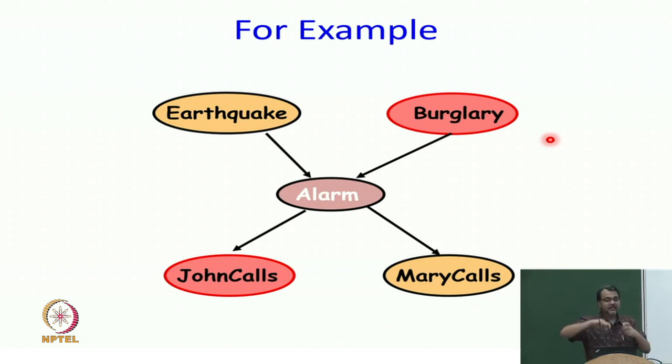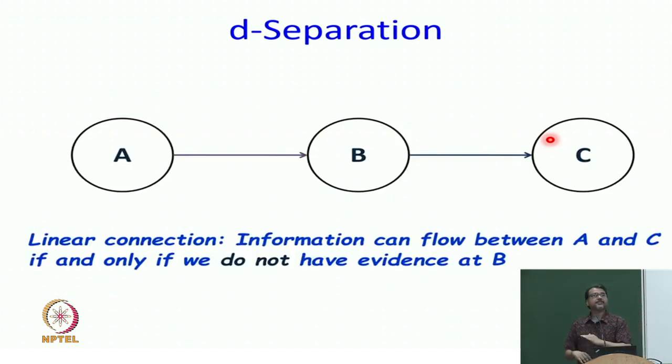Basically, you can recognize that in this particular linear structure, A goes to B goes to C, information can flow between A and C only if we do not know B, because for information to flow from A, it needs to go through B, right. So, it influences B, because B changes, so that influences C, therefore, C changes. If you already know B, the path is blocked off, it is cut off, and so information from A cannot go to C. Any questions on the first case?